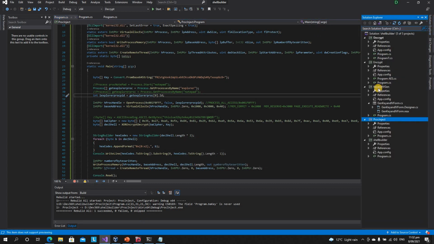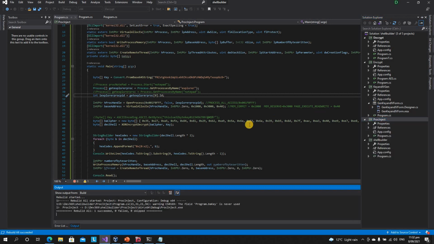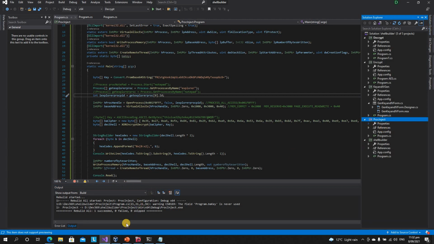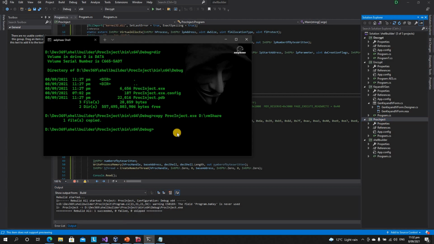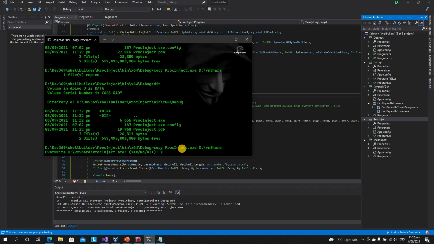So let us build this application, rebuild this one, and after rebuilding this, hopefully everything is working fine. I did the right one, yeah. Inject, come here, yeah, it's 32, yep, it's correct. So I'm going to copy this, replace the previous one,